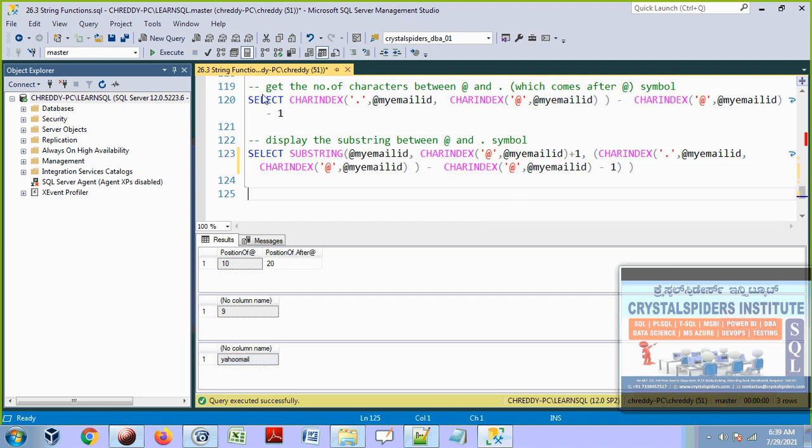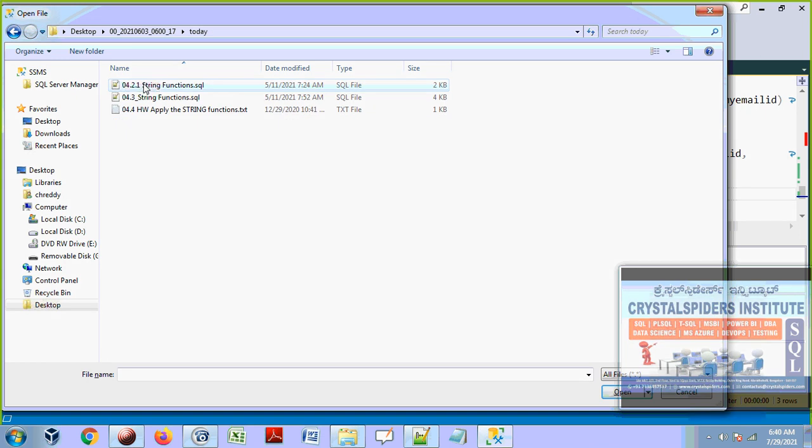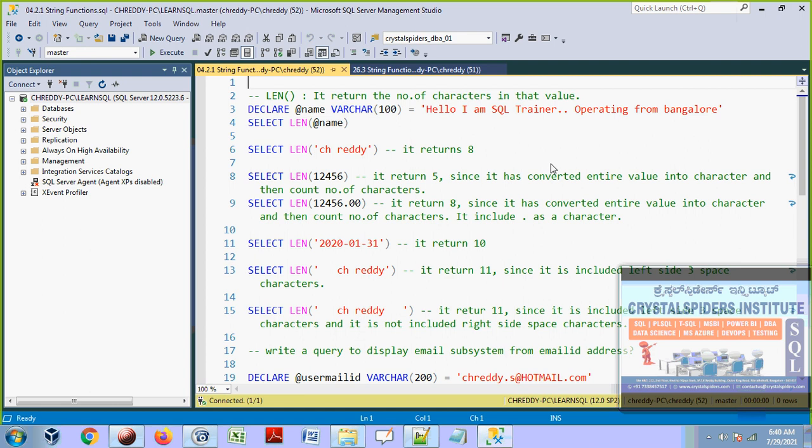Okay, so this is how we are going to use these substrings, depending on the requirements, and possibly, guys, we are going to use this index function for this type of requirements. So now we can move on to the other string functions. We have other string functions, and we'll see them, guys. Let's move on. They are all very small and very interesting functions. And next we have the len function.